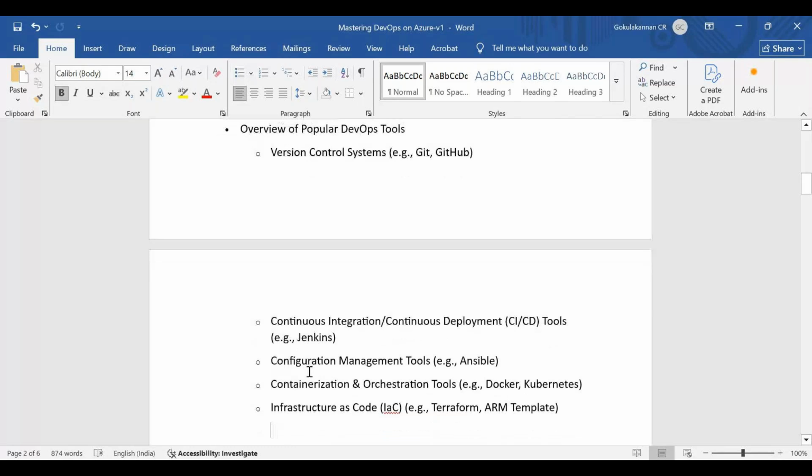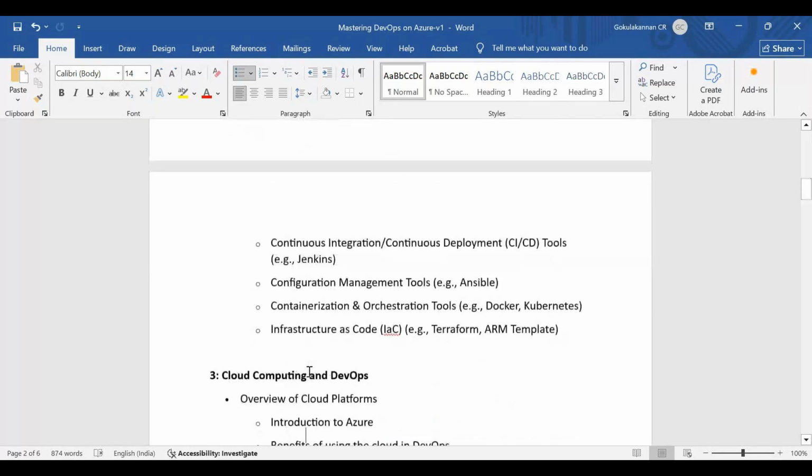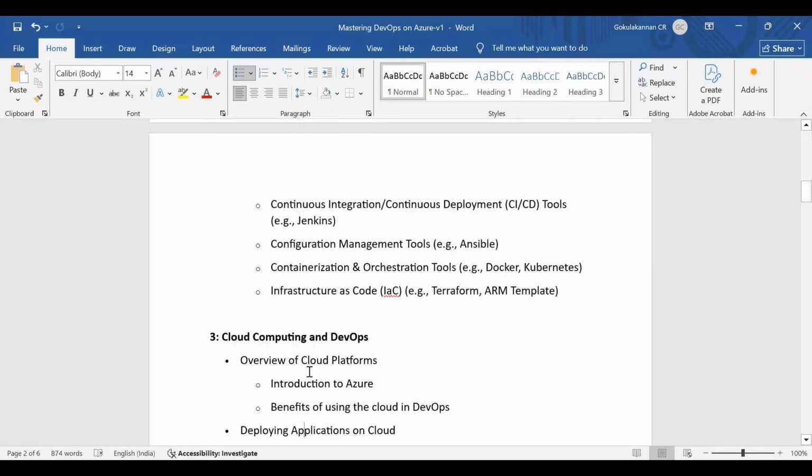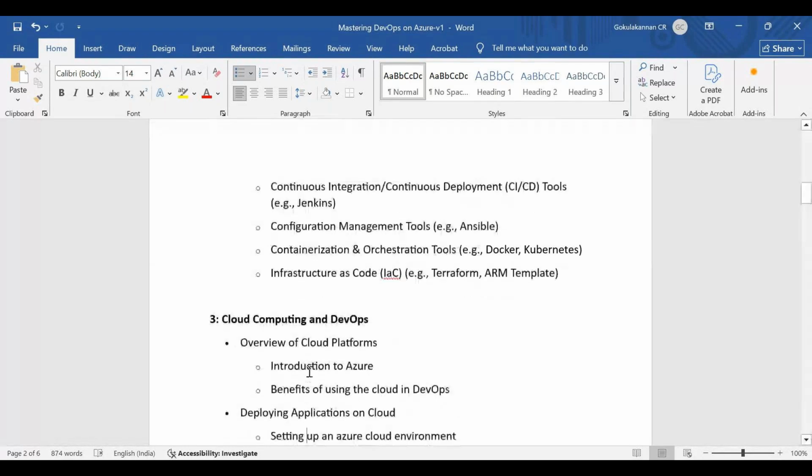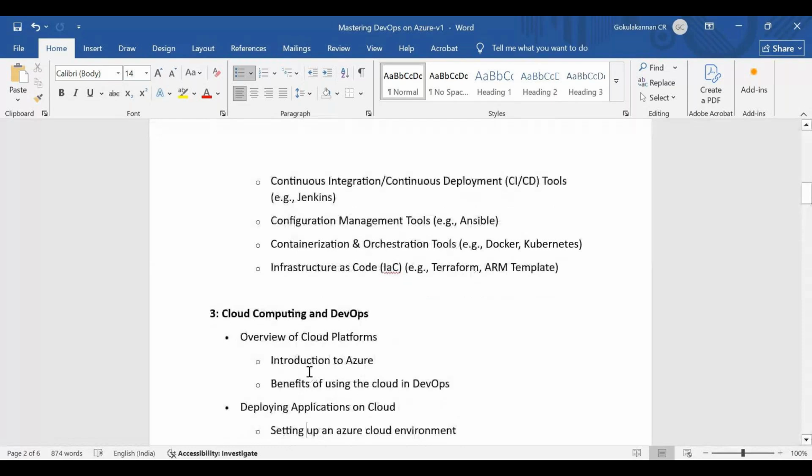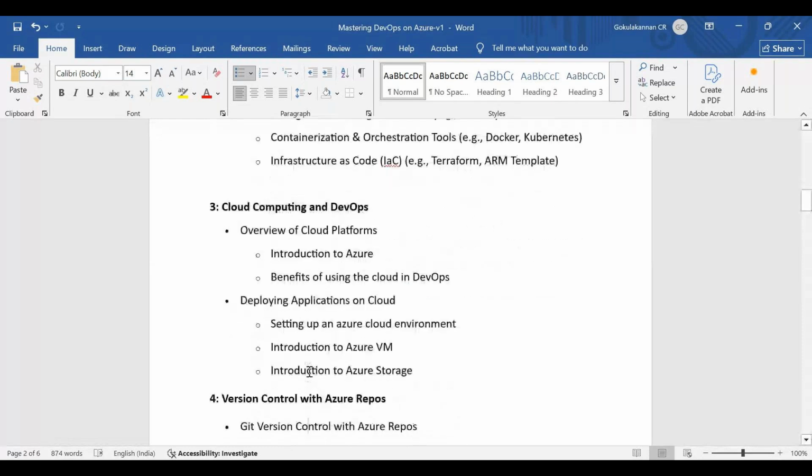And then we will be jumping into the cloud concept. Again, when I say cloud concept, I'm not going to cover only Azure, because in the first few sessions I'll be covering the cloud terminologies. What is this cloud concept? Why we need cloud? What is the advantage of using the cloud? What is infrastructure as a service? What is PaaS? What is SaaS? These I'll be covering, which is common terminology for all the clouds. If you're using AWS, if you're using GCP, the same concept applies there also.